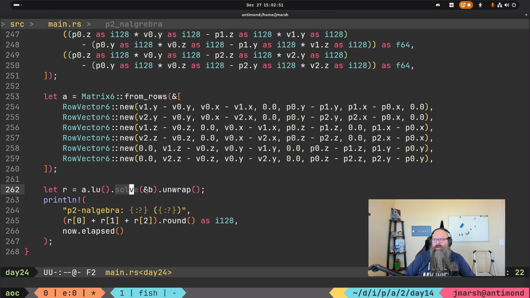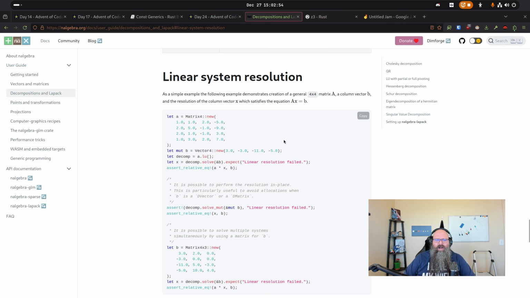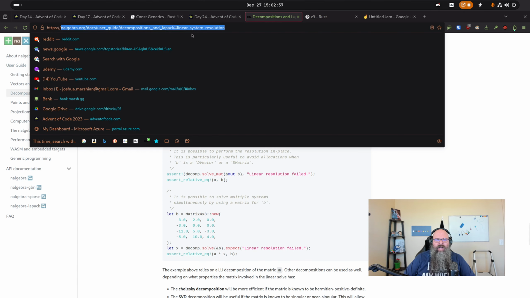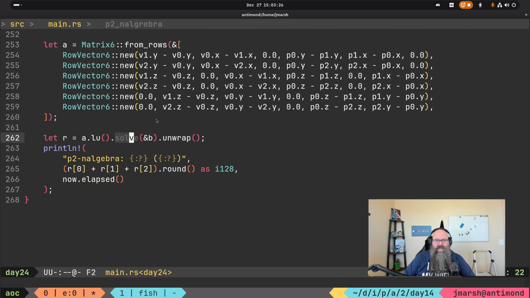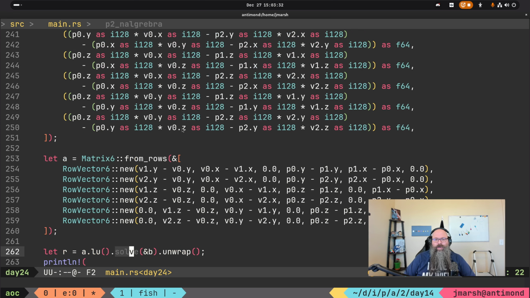Again, this is just a solver, and I'll provide a link to it. This is the nalgebra documentation, but basically you give it your A and your B. So A are your coefficients, and B are your dependent variables, and you use LU to decompose A, and then you can get X by solving B from that decomposition, right? And you actually get the right answer here. So that works. I'll show you the answer in a second, but now you actually get the right answer